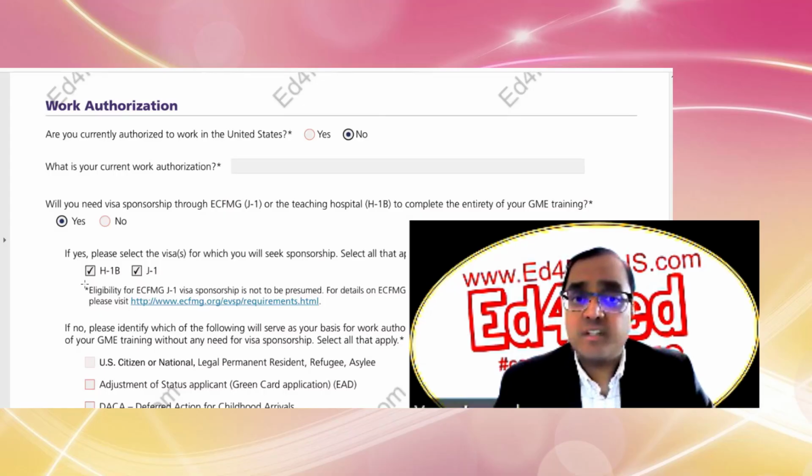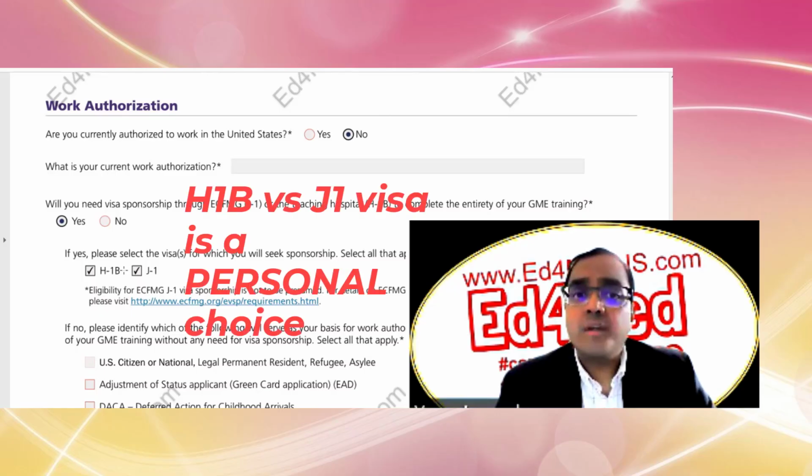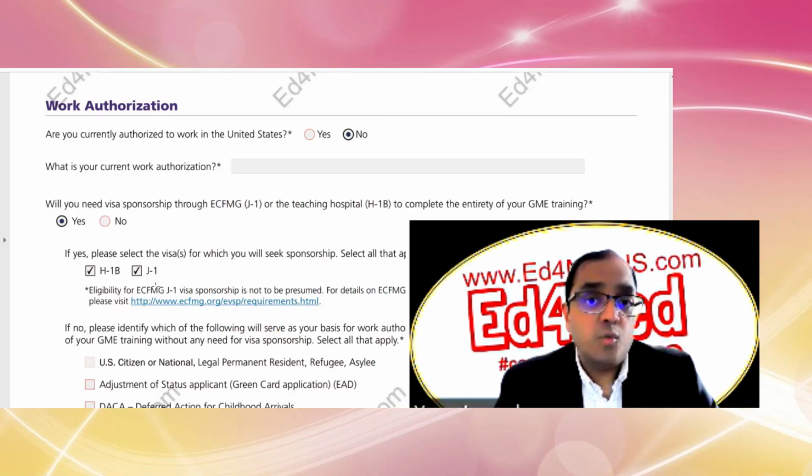If there is any reason that you absolutely do not want a J-1 visa, then don't check the J-1 visa box. And if you're okay with either J-1 or H-1B visa, mark it the way I've done it here, and that's perfectly fine. The decision is going to be yours if you want to give priority to the H-1B programs versus the J-1 programs.